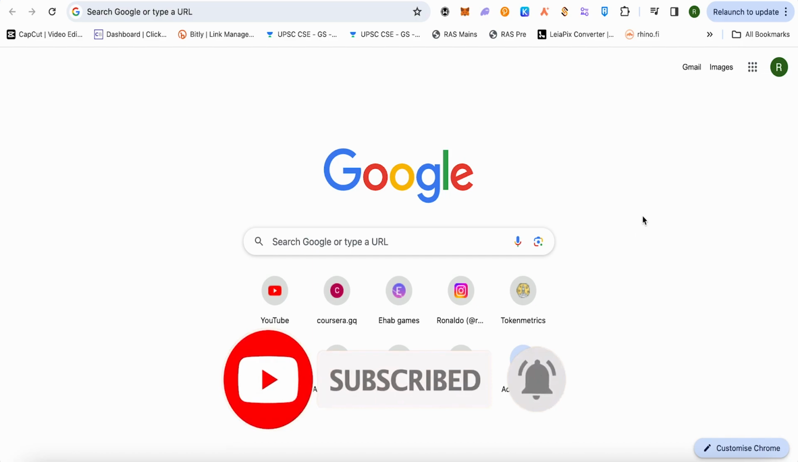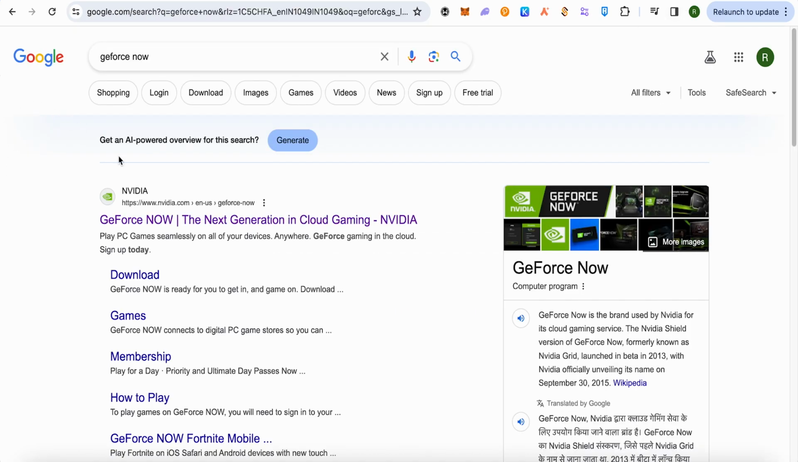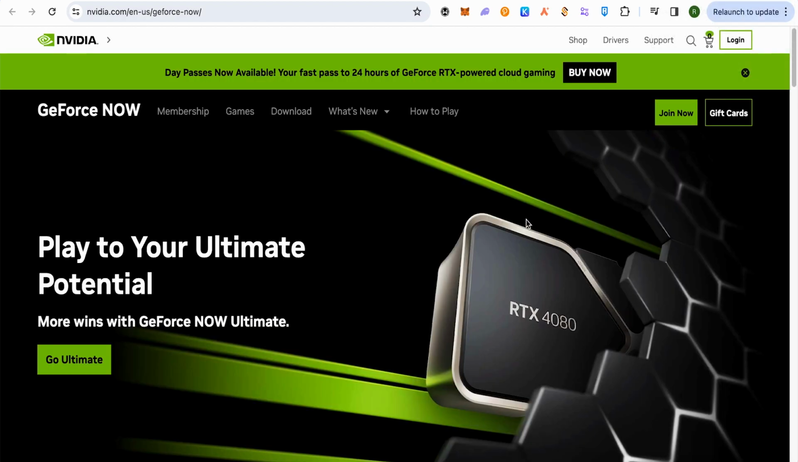Let's see how we can do it. So the easiest way is that you open up your Chromebook and after that open up your browser, then search for GeForce Now and simply open it up, and this is where it will take you. And over here all you have to do is just simply click on this option of join now and create